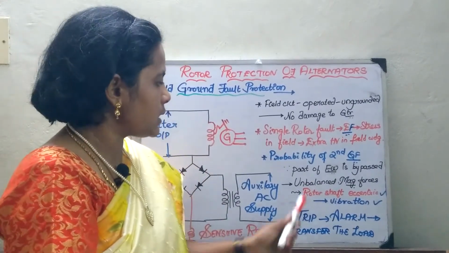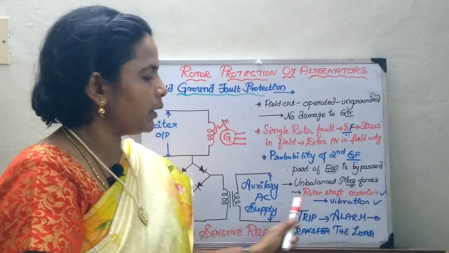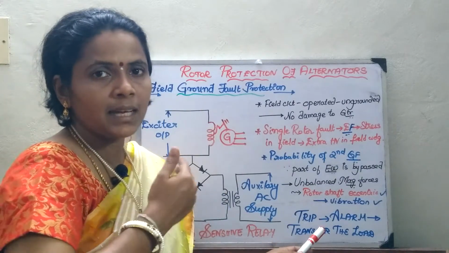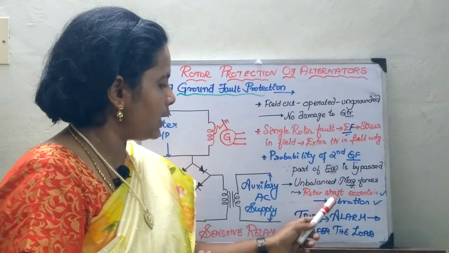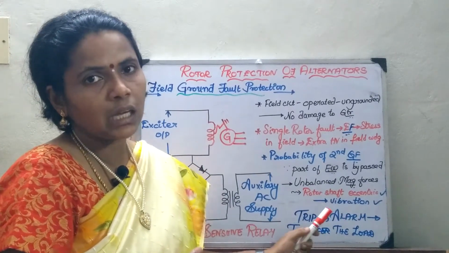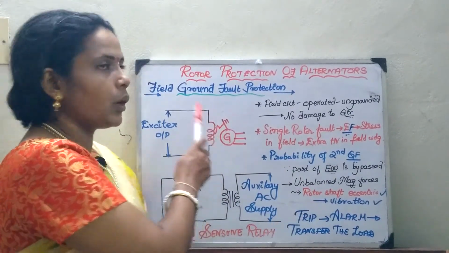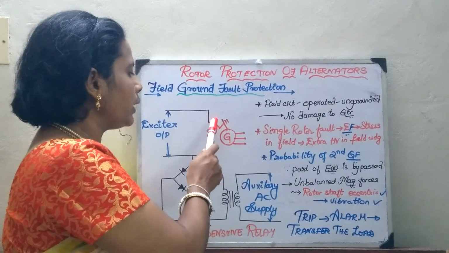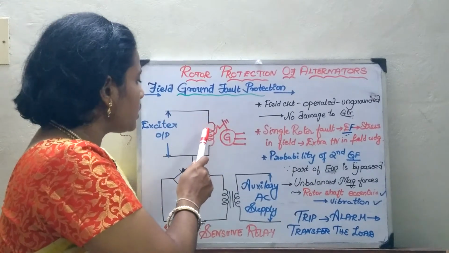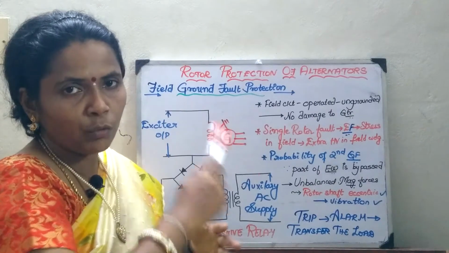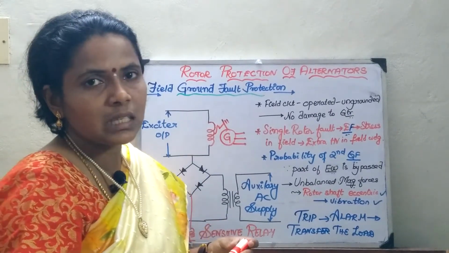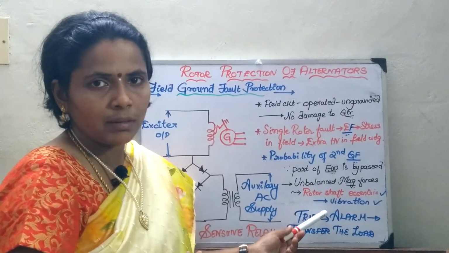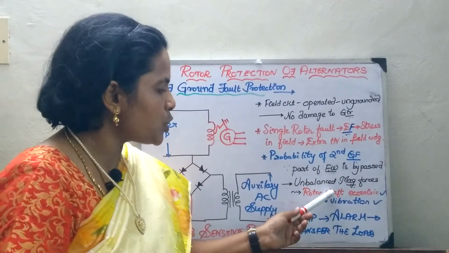Right. So, in this case, this is going to create an unbalanced magnetic force on the rotor. Because of this, it is going to cause eccentricity in the rotor as well as vibration. So, these are the two main factors. If it is ungrounded, not at all a problem. If the field winding is grounded, only a part of the field winding is going to be under a very high stress. In this higher stress, it is going to create unbalanced magnetic forces in the rotor, which is going to cause eccentricity in your rotor shaft, which ultimately is going to result in the vibration of the shaft. So, this should not occur.